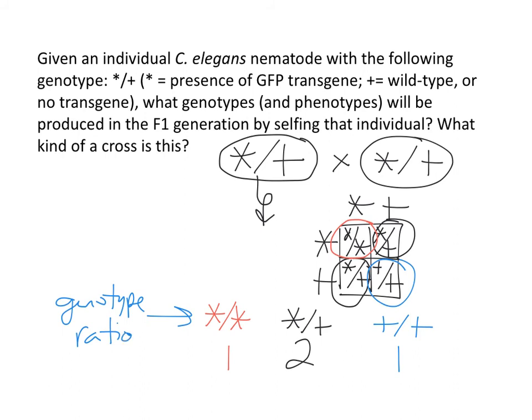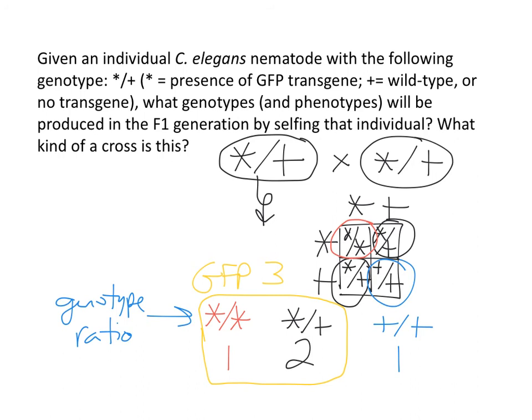This is the first time we've been able to look in class now at the phenotypes. Right? Genotype is a description of what the genes are. Phenotype is the description of what the organism looks like. So how many green fluorescent worms are there? Which ones are those? Anybody that's got an asterisk, you're right. 1 or 2, it doesn't matter, will be GFP. Sorry, I should have chosen green, I suppose, if I actually knew what green looked like. So I stick with yellow instead. So we have 3 green fluorescent worms.